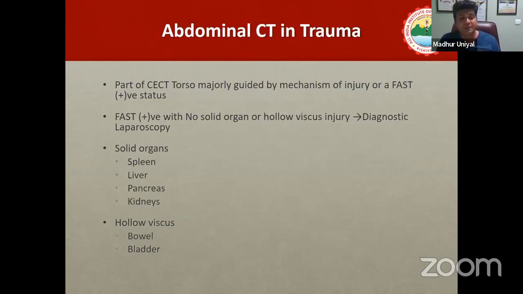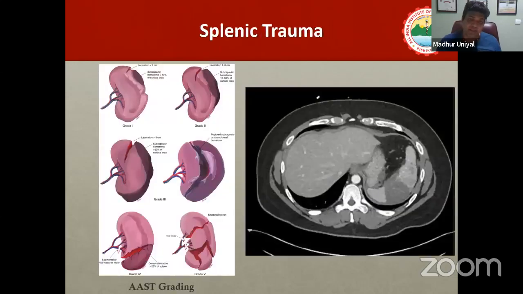So the solid organs we can discuss are spleen, liver, pancreas, and kidneys, and hollow viscus, bowel and bladder are there. So this is the AAST grading. I'll be comparing a representative image with the AAST grading, that's American Association for the Surgery of Trauma grading,